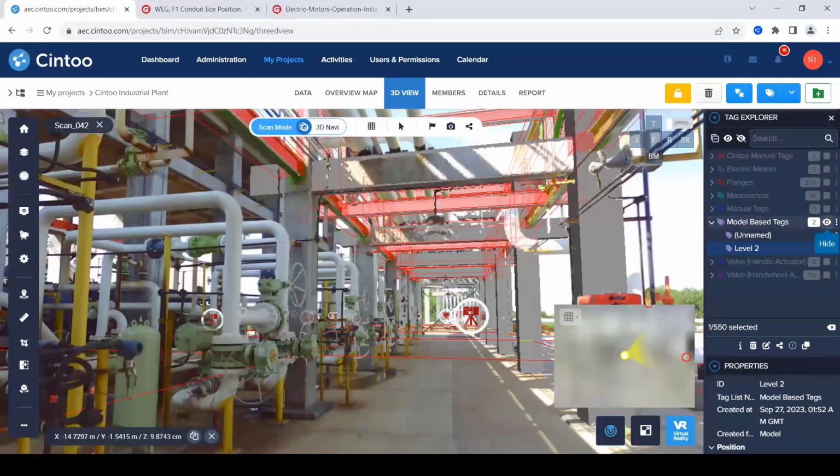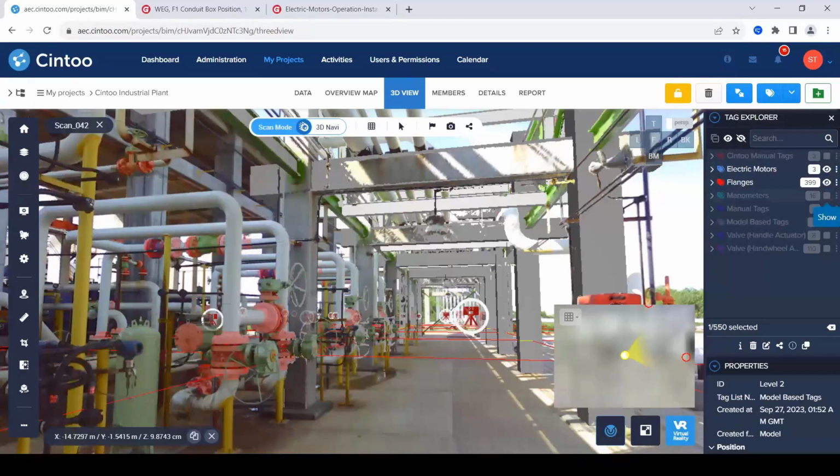So moving forward, I'm going to hide this one to talk about the AI-based tool. I've already populated this tag list with a few examples that we have available using our AI tool, including electric motors, flanges, manometers, and these valves. To utilize this AI tool, all you would have to do is click on an existing list, click on